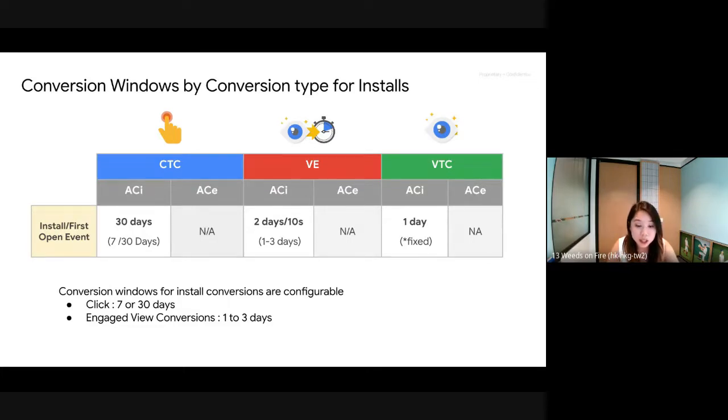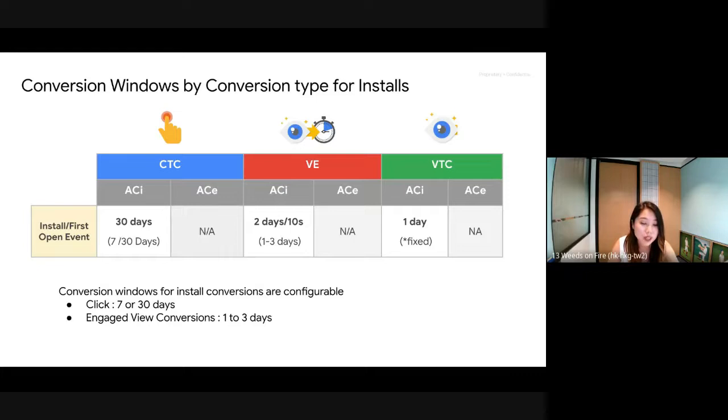So for click conversions in ACI campaigns, we automatically set 30 days as the default. You also have a 7-day conversion window that you can set up if you think 30 days is a little too long. For engage-view conversions, we have 1 to 3 day configurations available. 2 days is the default setting, but you can also change it.